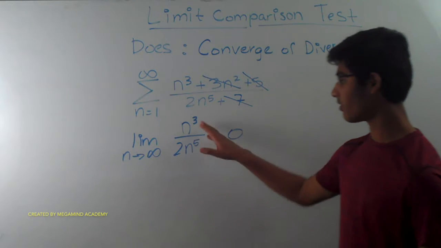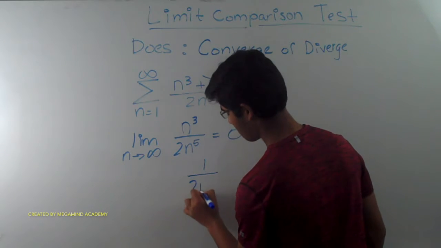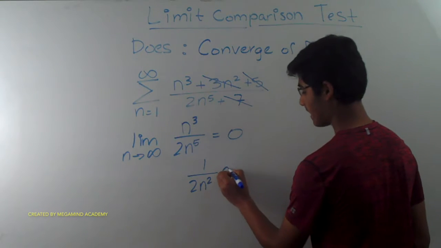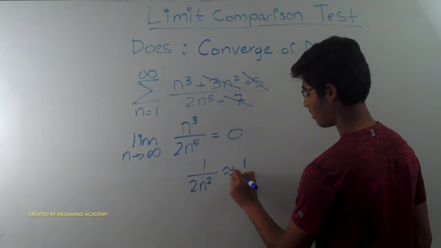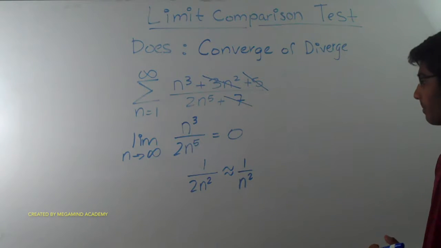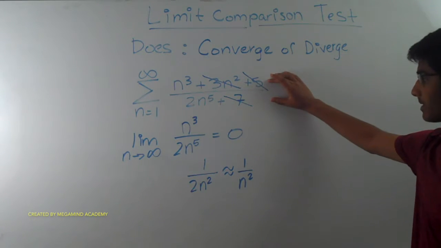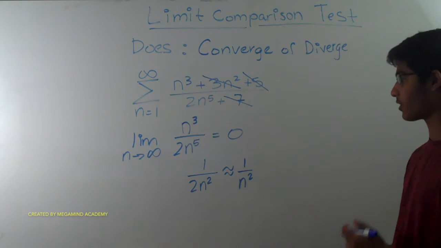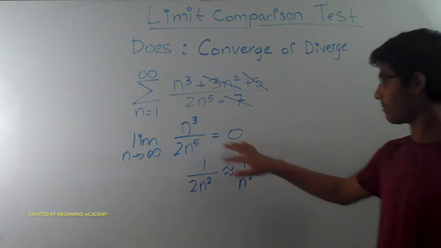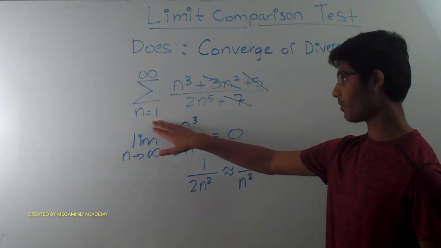As this goes to infinity, we can see that this can be reduced to 1 over 2 times n squared. Now 1 over 2 times n squared, as we approach infinity, will become similar to 1 over n squared. So we can use the limit comparison test and compare this function to this function here. The limit comparison test says that if both of these sequences are positive and start from 1 and go to infinity, which they do here,